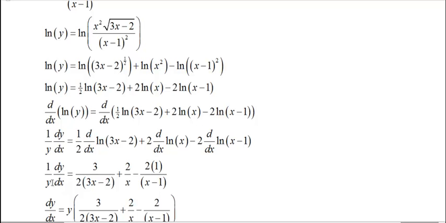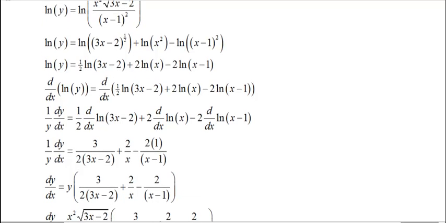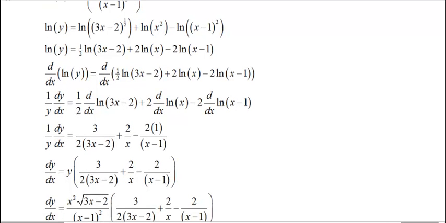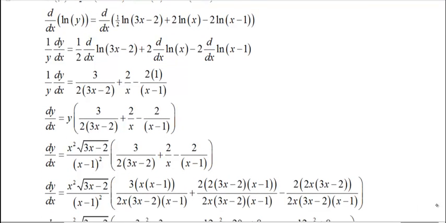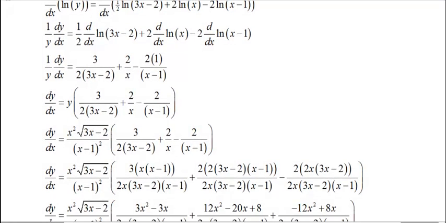Finally, we want to multiply both sides by y. Of course, remember, we're looking for dy over dx. So y is the thing we want to take the derivative of. So we go back to here and remember that y was our original function, x squared times the square root of 3x minus 2 over x plus 1 squared. And there's a final answer, if you want to call it that, although we can definitely do some